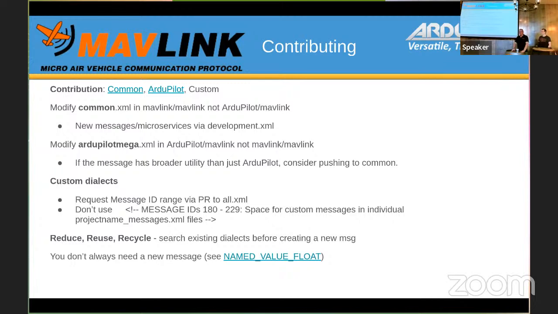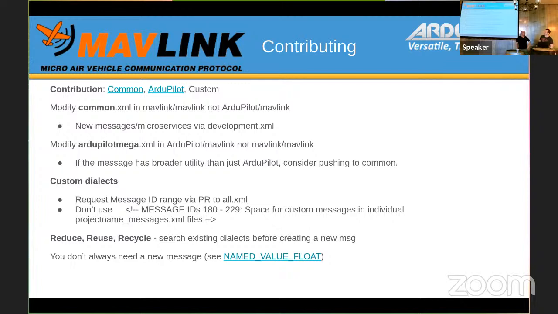There's examples in the scripts directory. I think mag heading is probably a simple one where it's just sending down the heading of the vehicle over a NAMED_VALUE_FLOAT. That's all there. It's really easy to use, and it's much less painful than defining new messages for those simple use cases where it's just a key value pair you're trying to send out.